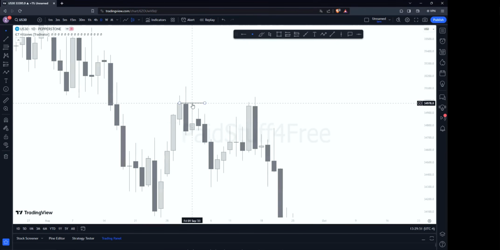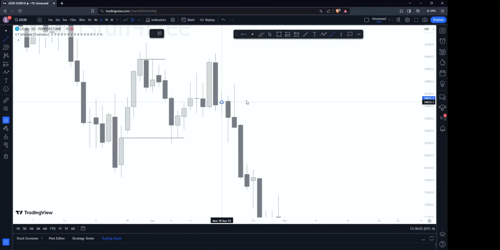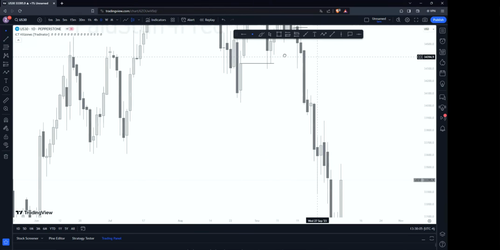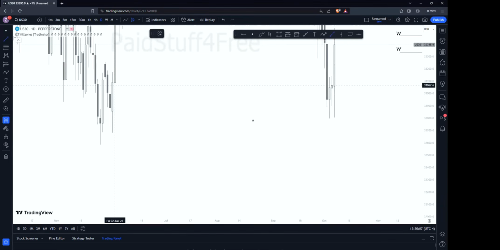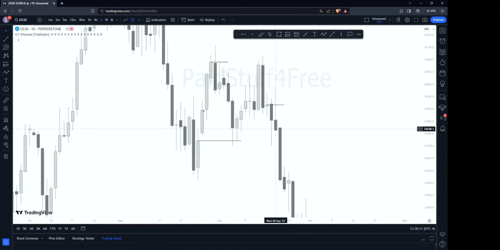Price started a weekly bearish storyline from here and went to where? This gap right here, and then started a bullish storyline from here. And then it decided to start a bearish storyline from this level right here, on down until this V level right here. So don't get confused why it didn't stop here or here. That's for next sessions. I'm just showing you how price moves.